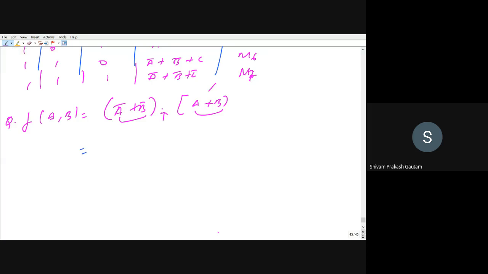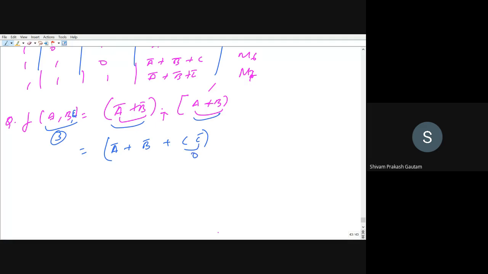In product of sum form, now what do you want to do? Sorry, here we are having 3 variables. So similar to the standard sum of product, here we are also having standard product of sum form. Right now, how many variables do we have in the function? We are having 3 variables. But here, how many variables are there? Only 2 variables. So what do you need? You need to add one more variable, that is a bar plus b bar plus, let me add c into c bar. C into c bar, if I add it, will give you 0 value, right?